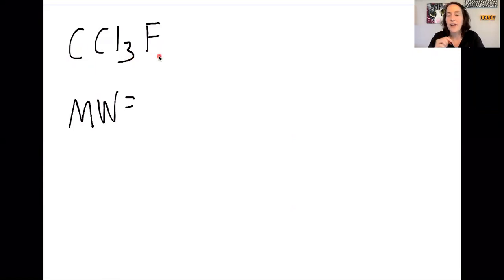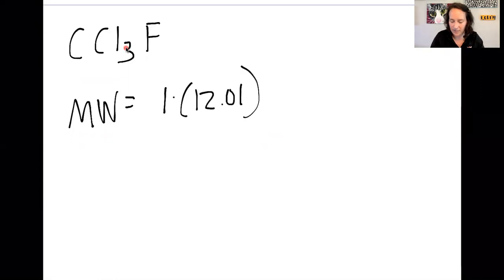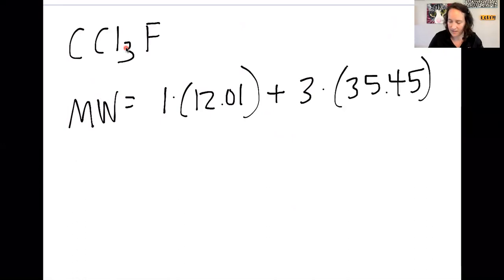So we're going to have to go on the periodic table and find the masses of those 3 atoms and do the proper stoichiometric amounts, and that should be it. So carbon weighs, I'm at the periodic table, so 1 times 12.01 plus 3 times, chlorine is 35.45 plus 1 times, and fluorine is